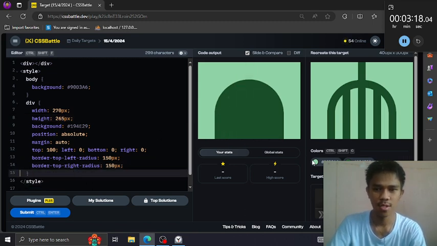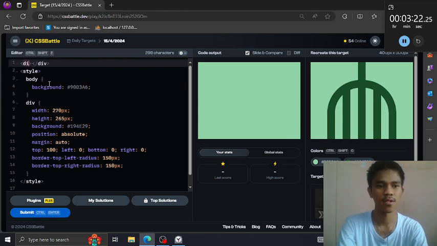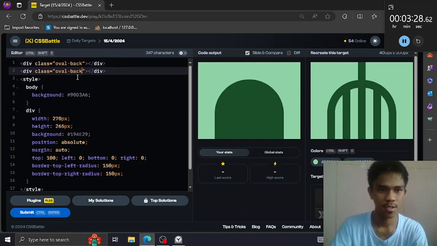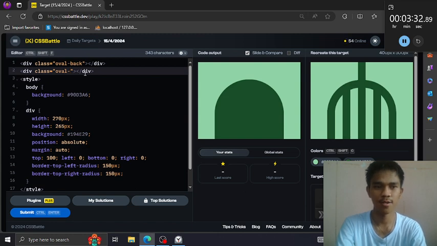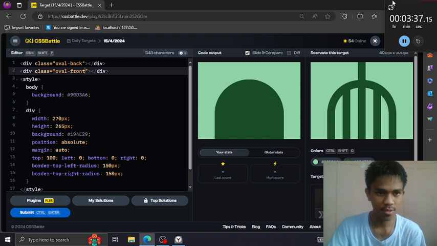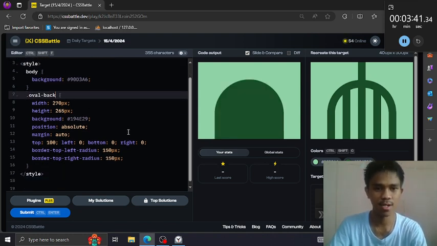Then let's rename the class to oval lock. Then a class on its front, oval front, just like that. And let's also, of course, rename this class oval back.